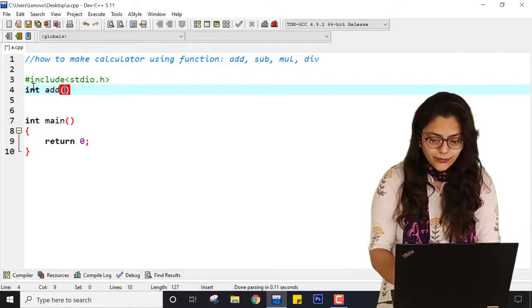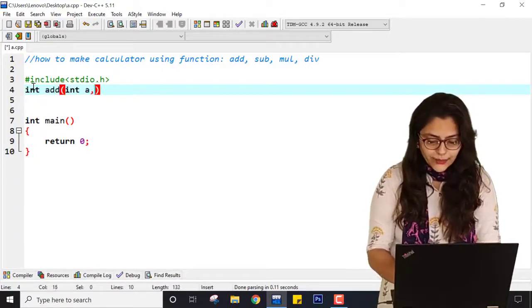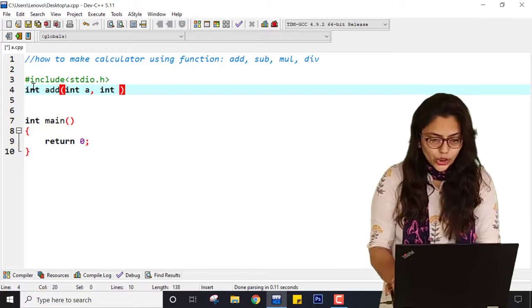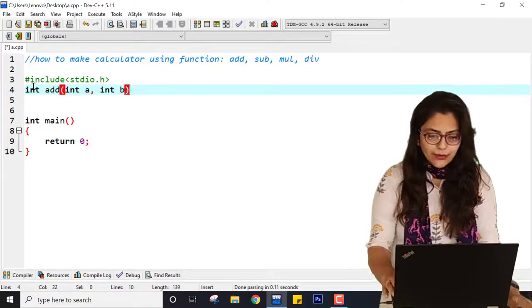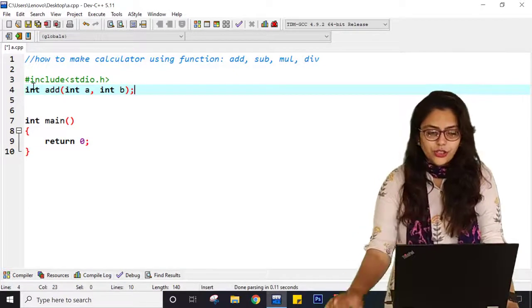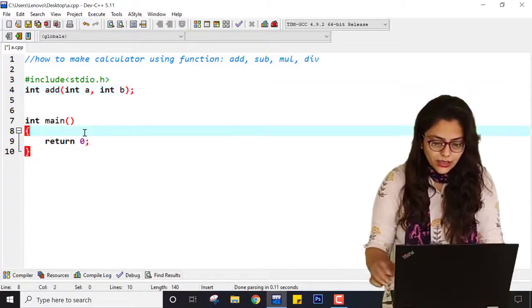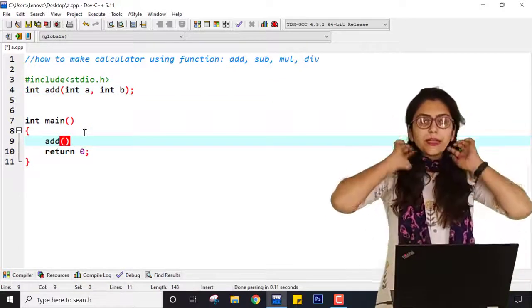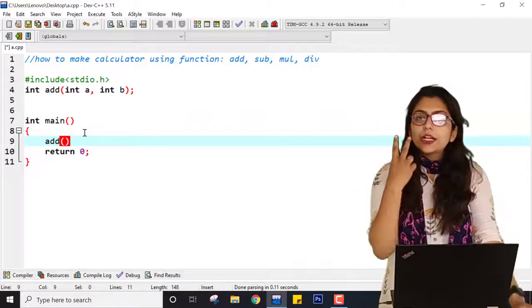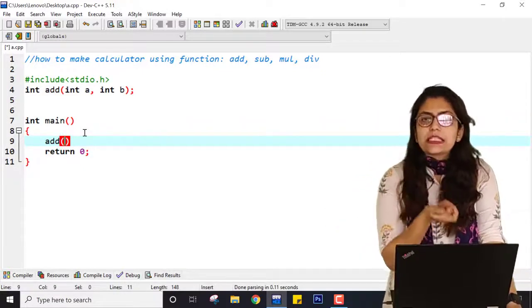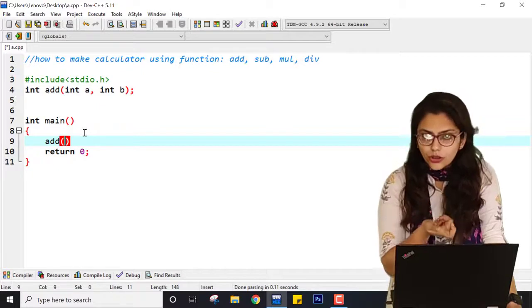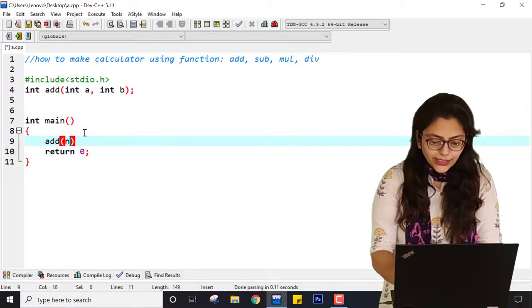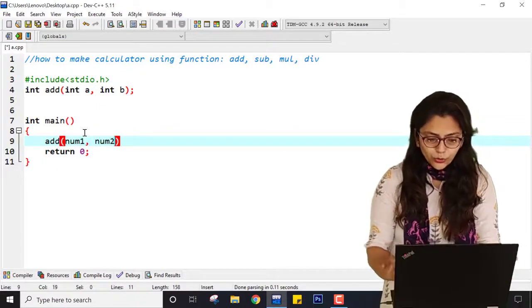Add is the function name and the arguments are int a, int b. So whenever I am calling the add function inside main, it expects me to write two integer values inside add also. That's why I am writing num1 and num2.